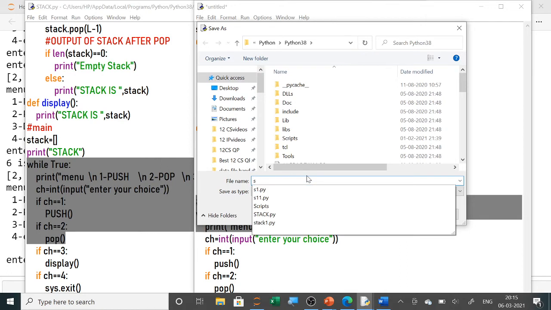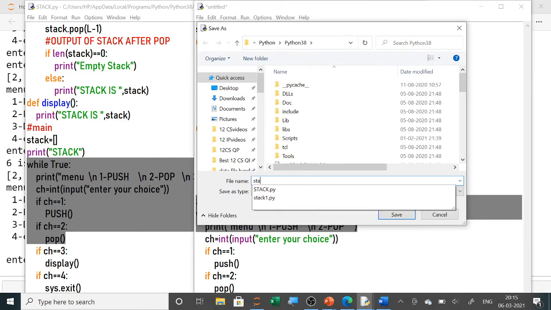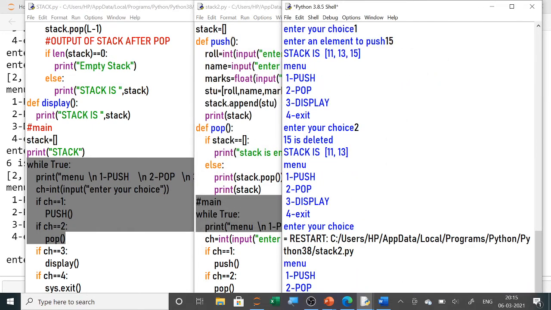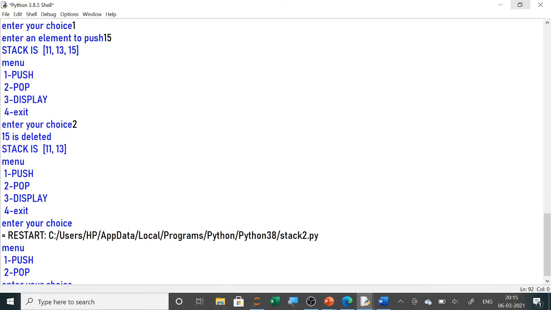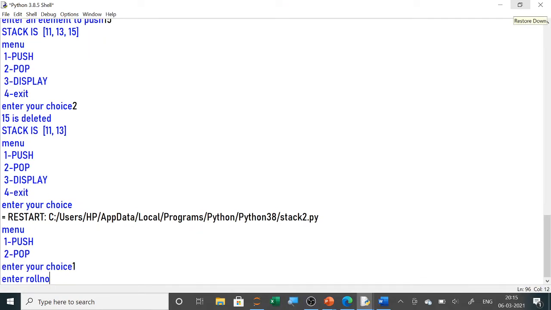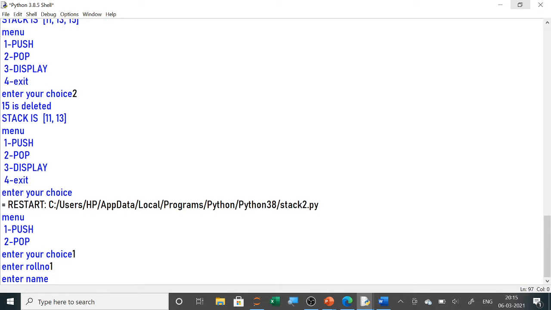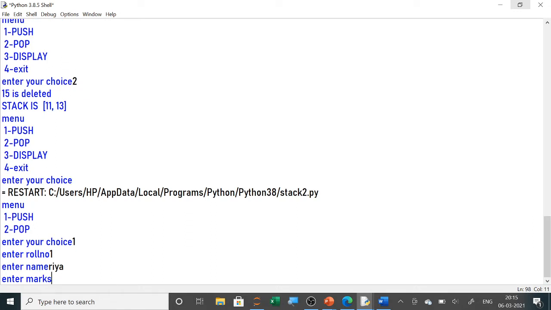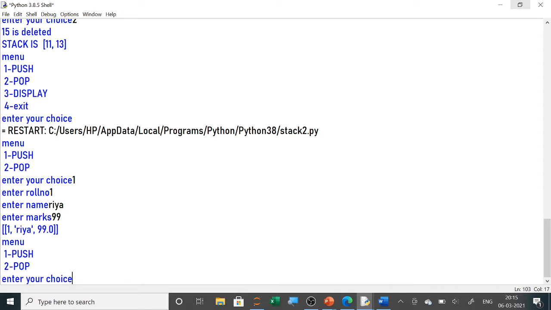तो ये हमारा स्टैक का प्रोग्राम है, स्टैक टू सेव। अब हमारा मेनू आ गया यहाँ पे पुश और पॉप। जब हमने यहाँ पे एंटर योर चॉइस 1 डाला, तो एंटर रोल नंबर 1 डाला, नेम सपोज कोई भी एक नाम डाल देते हैं इसमें, रिया। नेक्स्ट मार्क्स 99। तो आपको ये दिखा कि ये लिस्ट यहाँ पे 1 रिया 99 पुश हो गया है।